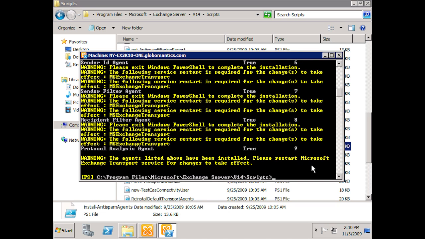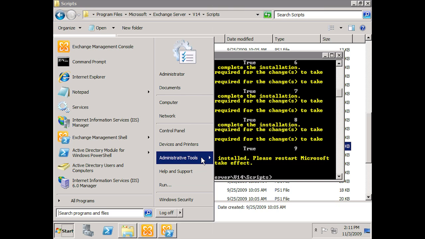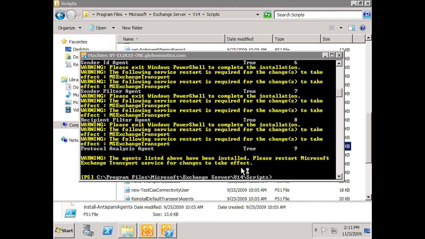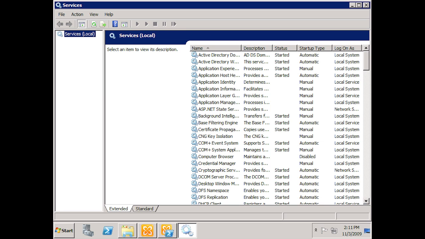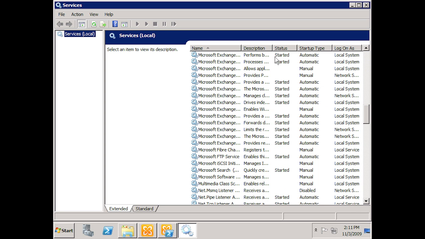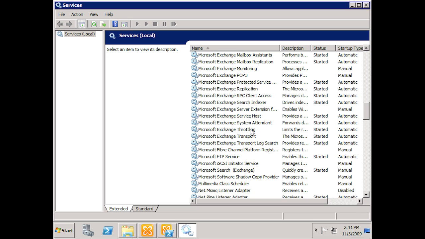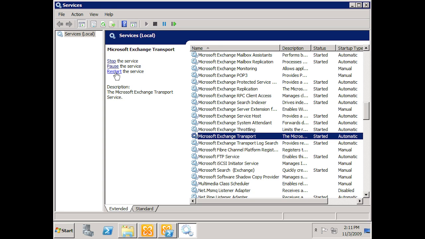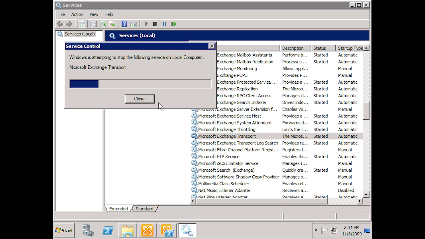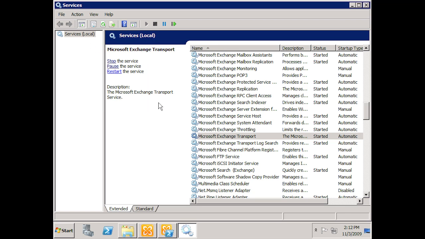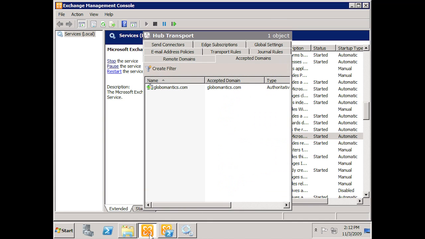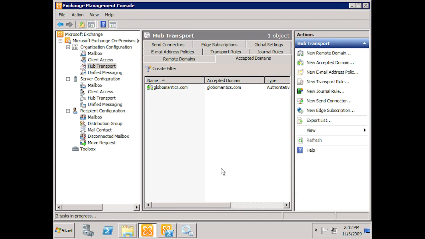Now it tells us that we need to restart the Microsoft Exchange Transport Service for changes to take effect. So let's do that. We'll go to our services. We'll find the Microsoft Exchange Transport Service. Here it is. And we will restart it. Okay, and so now if we go back to our Exchange Management Console,